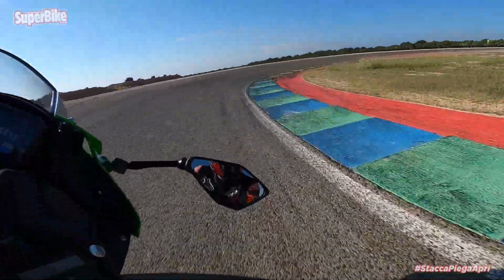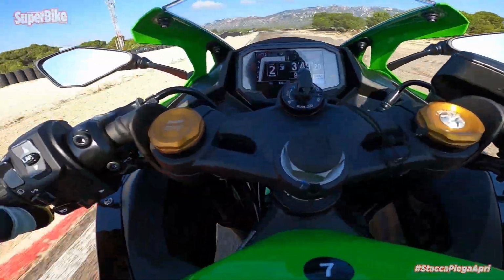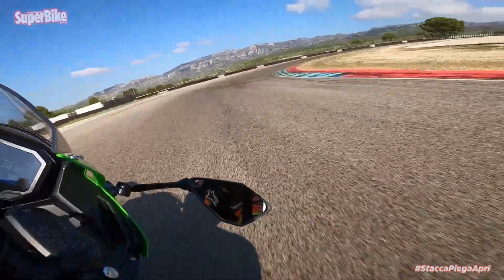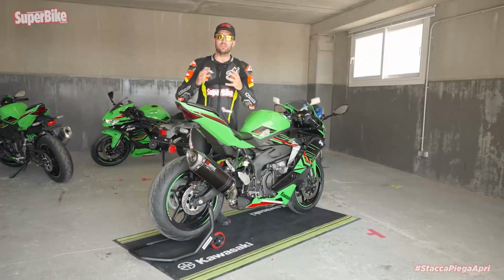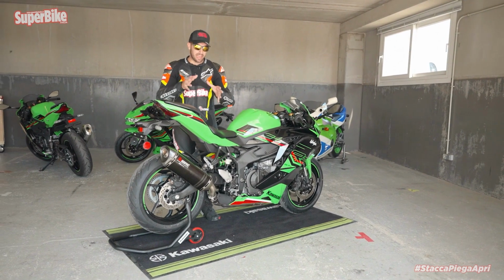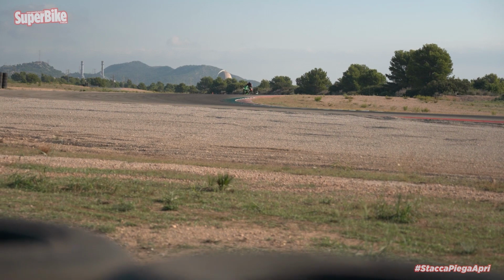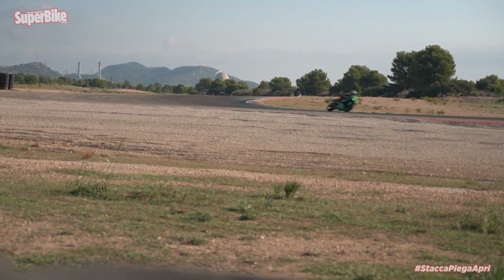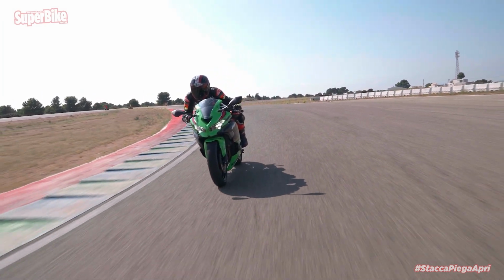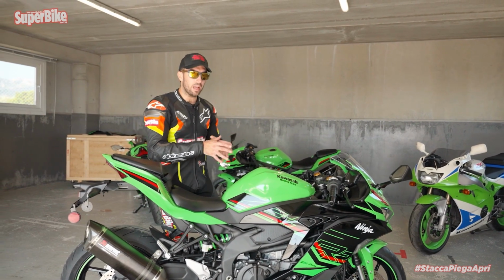Replica, but there is, and it is all enclosed by the 12.5 to almost 16,000 RPM of the imitator, where the exhaust screen is precisely located, that accompanies you, involves you a lot in driving, and if it is true that on the track you have to calibrate for a moment to get into the mood, as I said, and to really exploit it, this characteristic is also the one that I can't say having tried it, but from experience I can, so to speak, hypothesize, will also characterize the driving on the road of the ZX-4R and RR,